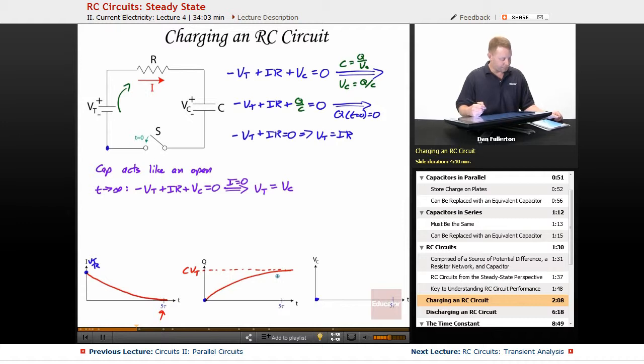And the voltage across our capacitor, well, it started at 0. We know after a long, long time, we just determined that that was going to be equal to Vt. So we're going to follow that same asymptotic relationship, getting very close when we get to about 5 tau. How about if we were to